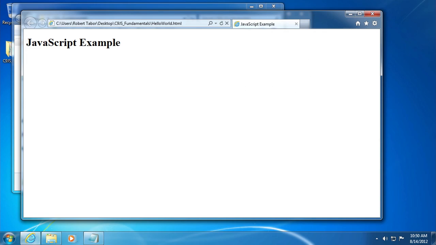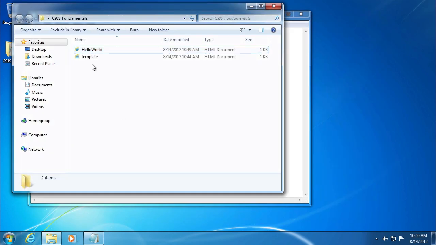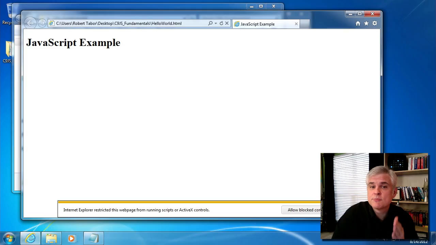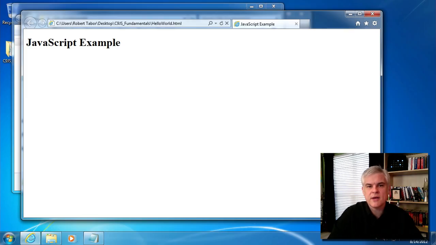program. So let's get back to that little message that we saw. I'm going to shut down Internet Explorer and then double click on hello world.html again, and look at this little message. What's going on here is that Internet Explorer is trying to protect you, the user of this computer that you're currently working on, from potentially malicious scripts that are contained within the web page. So whenever you view a web page from your own local hard drive, it's automatically running with an elevated set of permissions or privileges. And